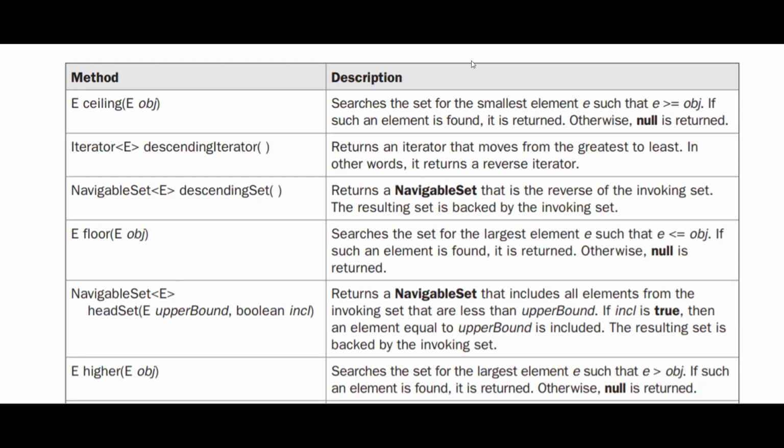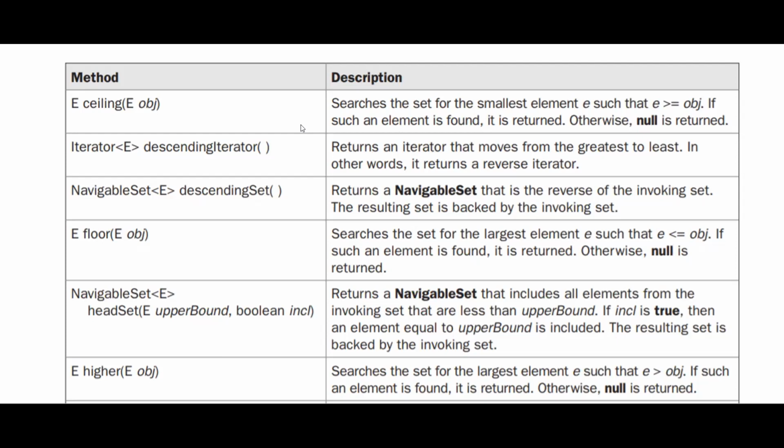So the first method is ceiling. In this method ceiling, an object will be passed. It searches the set for the smallest element such that that particular element should be equal to the passed element or just simply greater. If an element is found, it returns it.